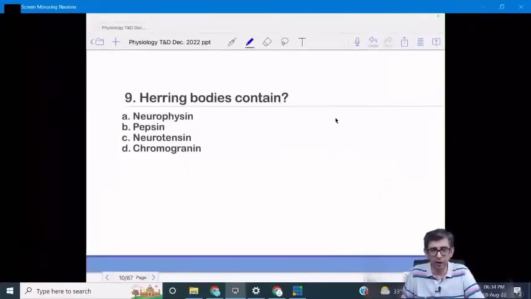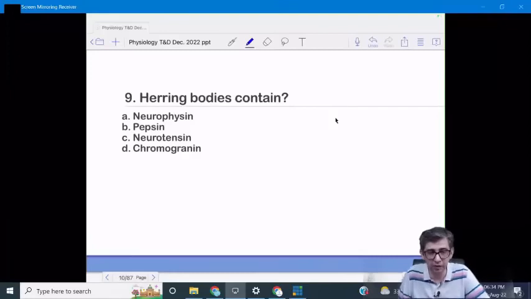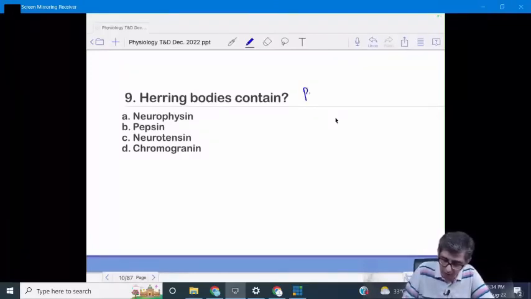Herring bodies would be containing which of the following? The answer is based on where Herring bodies are located. You can comment in the chat box also: where would Herring bodies be located, by the way? Which part of the pituitary? Exactly, they would be present in the posterior pituitary. So once you remember that, your question is solved,